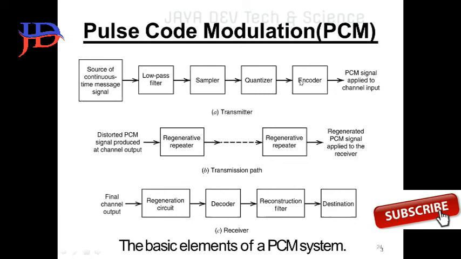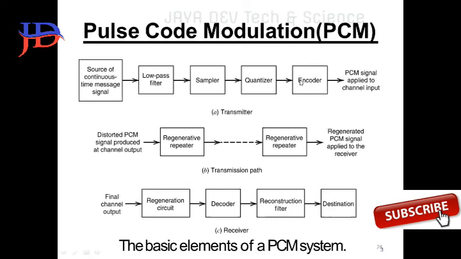In the receiver, we are using the decrypter, that is the decoder. Only the decoder, or decrypter, is assigned to the receiver. After that comes reconstruction with a filter. After decoding, any errors or unwanted signals are eliminated, which requires a filter. Then you get the output, which is the original signal. The original signal is given to the destination.